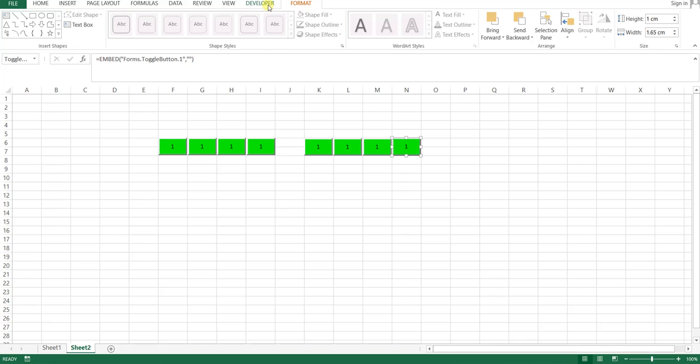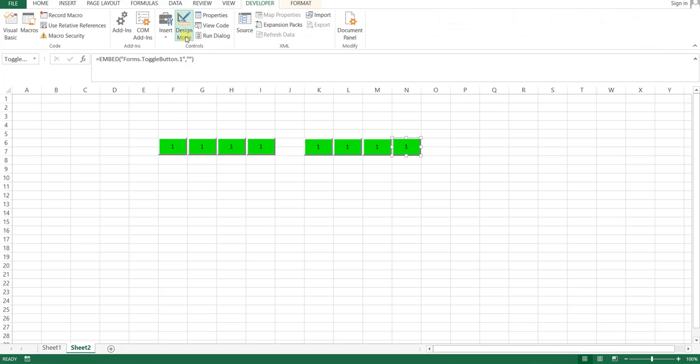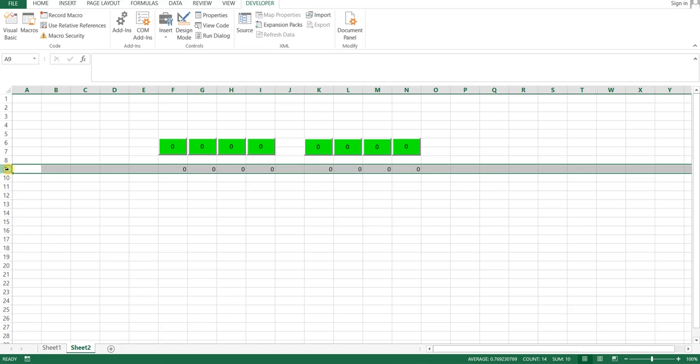now go to the developer tab again, and you can see here that design mode is already selected. So deselect it, and you can now see that our toggle button is now working. Just cross check it. Whatever value we can find on the toggle button is now appearing in the row number 9. Okay,